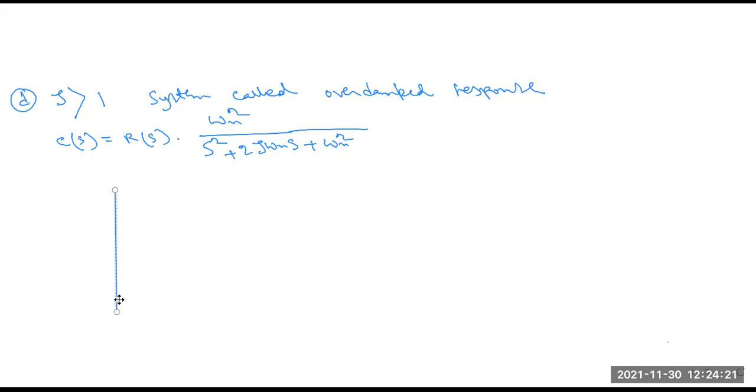This output is very important for your exam-oriented questions, because this type of question comes. What are the basic conditions or output waveform when the system is overdamped, critically damped, or underdamped? In that case you have to draw the equations or the curve also.